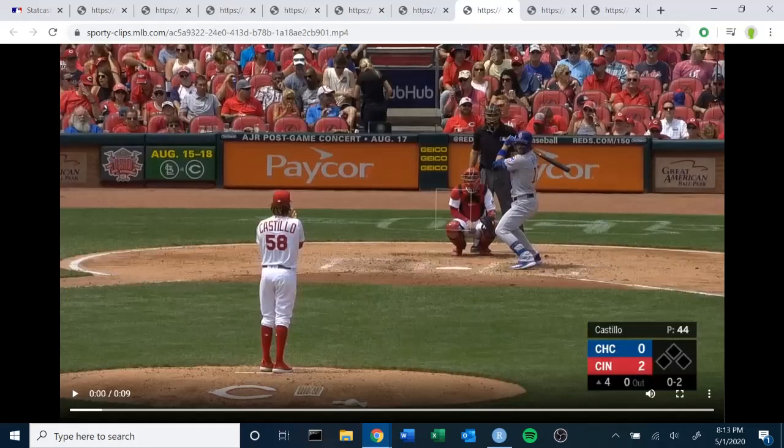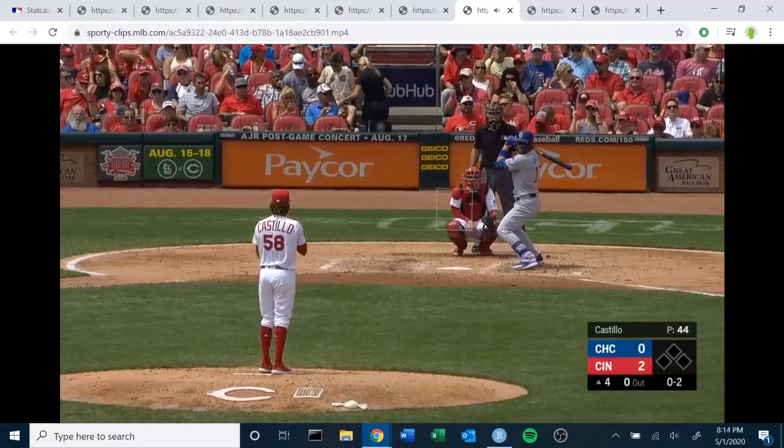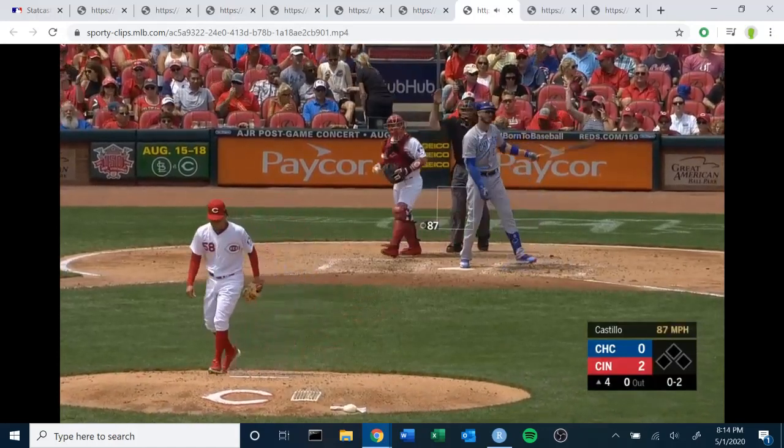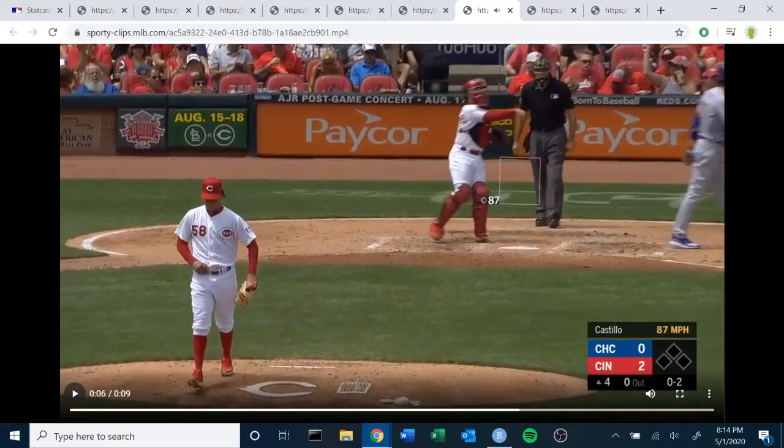Castillo's at 44 pitches through only 3 innings. He's trying to get some outs. There's no use in wasting a pitch, trying to change eye level, anything like that. I think you go for a changeup here. Let's see if the pitch caller agrees. Absolutely, he does. So we get a 4th whiff in 7 pitches,